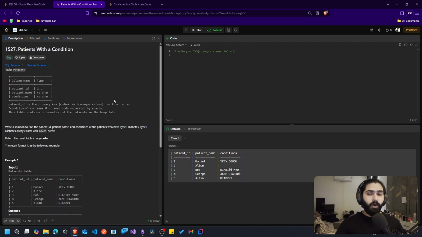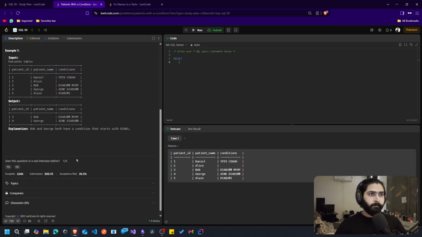So how can we approach this? Just take a minute and try to think of a solution, or let me also try to think how we can solve this question. According to me, the simplest approach would be, what do we have to select here? Okay, we have to select the patient ID